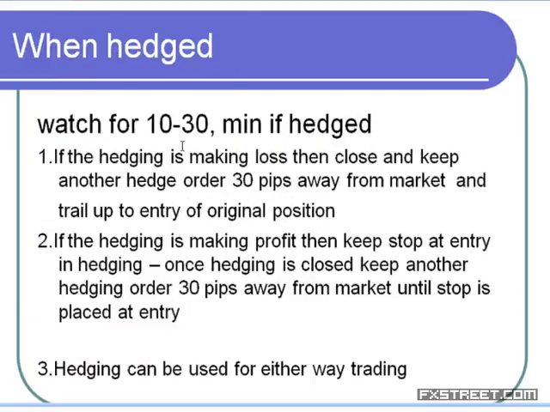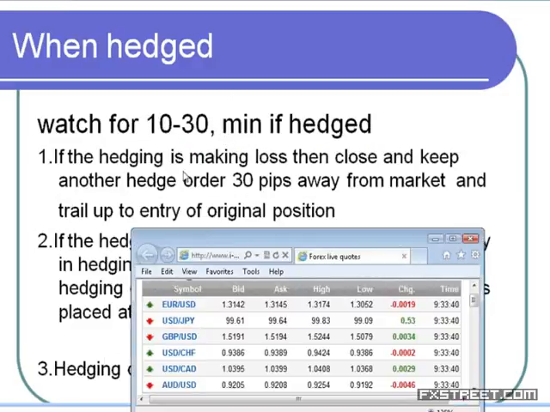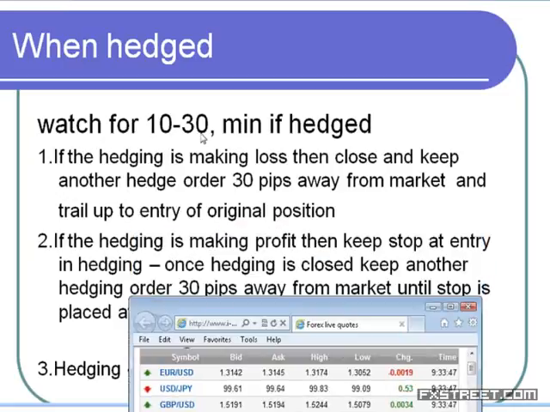So if you use hedging, and the position is hedged, what are we supposed to do? When a position is hedged, we have to watch for 10 to 30 minutes. If you become a smart trader, within 10 minutes, if it is making a loss, you can close it. Otherwise, you can watch up to 30 minutes. And if the hedge is not making profit in 30 minutes of observation, simply close it with a 5-10 pip loss and keep another hedging order below that. Once the market goes up, move it to the original hedging order level, so that you limit the risk to only 30 pips. And if it is hedged, it doesn't mean that you are stuck.